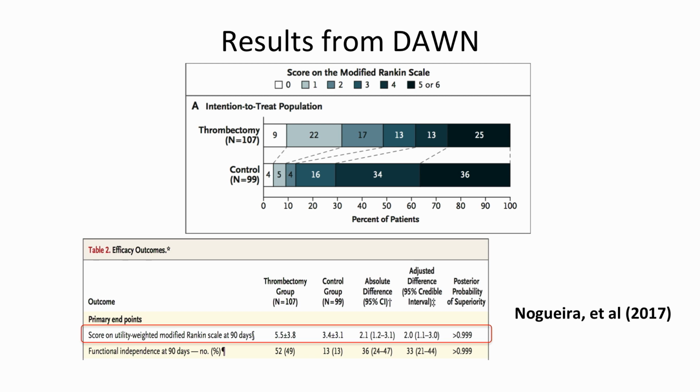And then the bottom table shows the primary analysis of the utility weighted MRS. The posterior probability of superiority of the active arm was greater than 0.99, along with the relative difference on the utility scale. So you can see what a primary analysis of a utility looked like. It was really important in this trial to incorporate the relative value of these 6 states so that we incorporated the efficacy as well as safety. The potential that we could create more negative outcomes is directly captured by the endpoint in the trial.